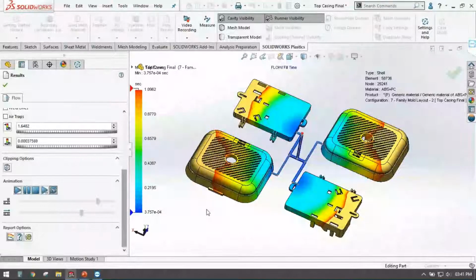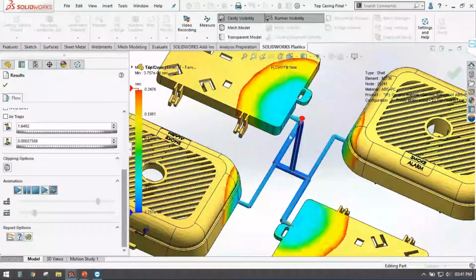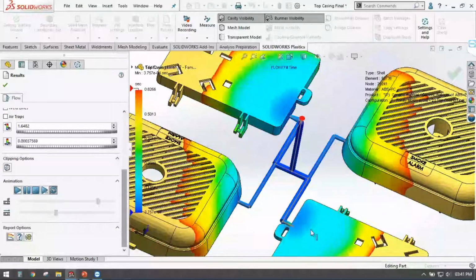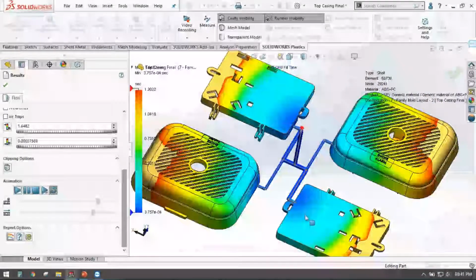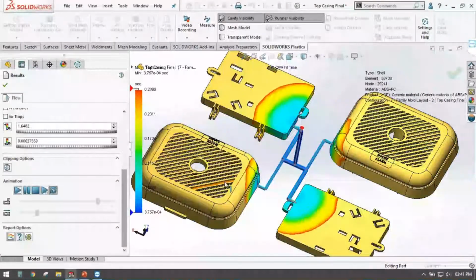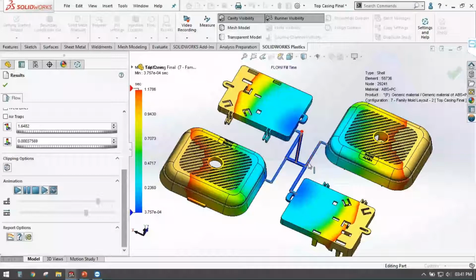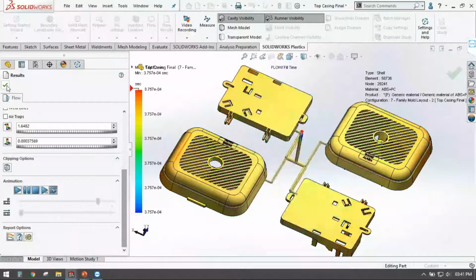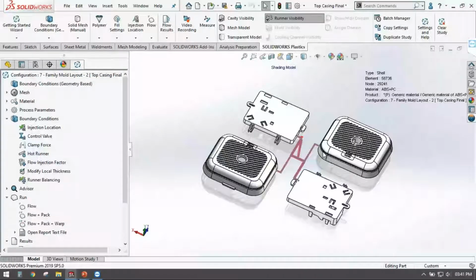Right? So it has increased the diameter at the area where it was taking time to fill, if you look closely over here. So these are the 2 cavities which have smaller volume than these 2 cavities which are the top casing. So it will intelligently define what the nozzle diameter should be so that those are filled in the same amount of time. Correct?